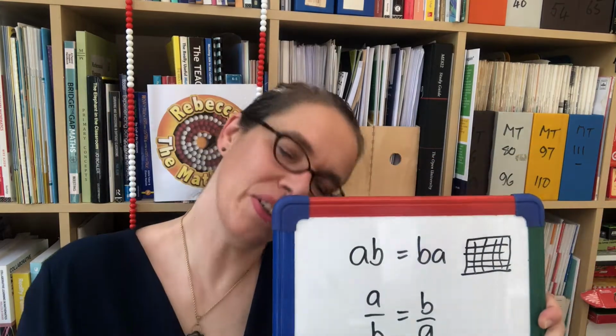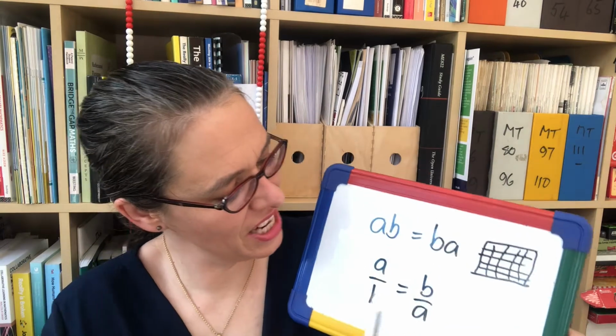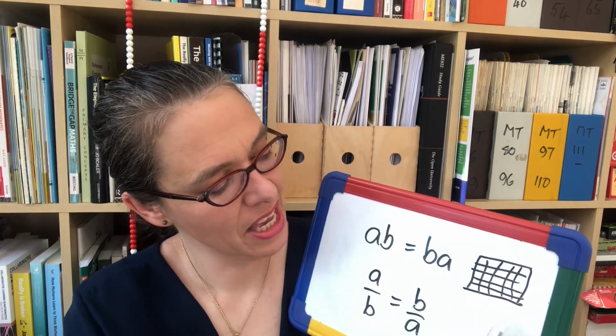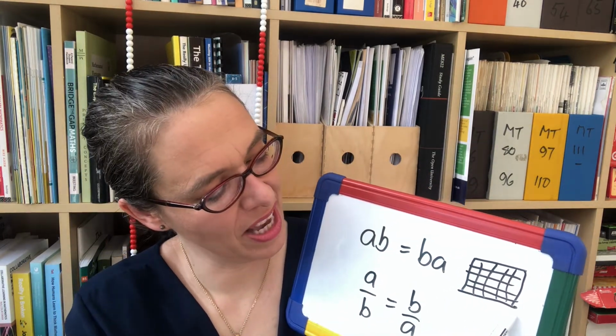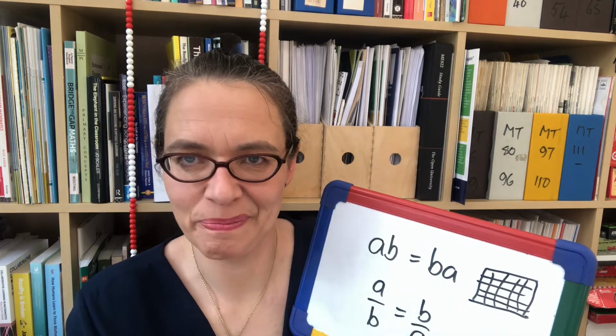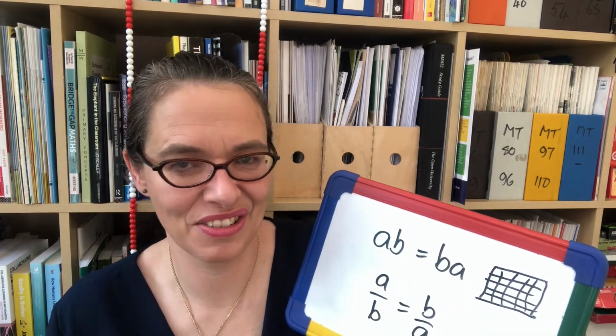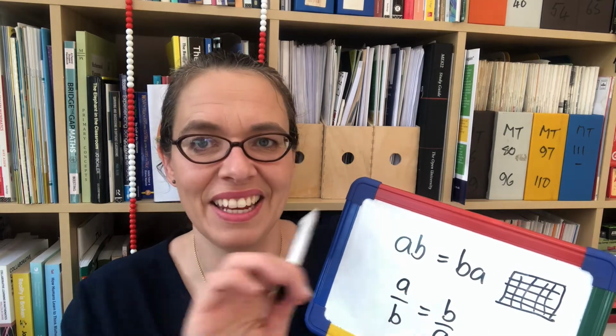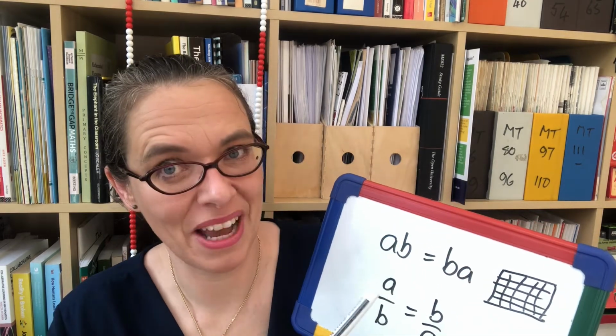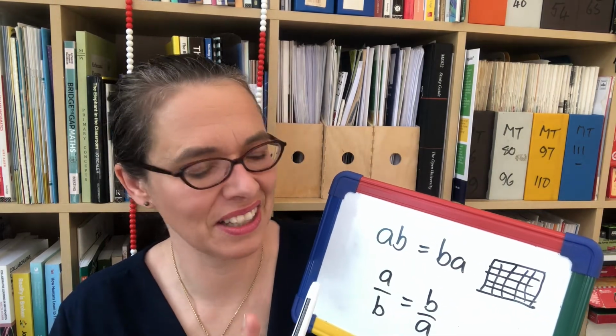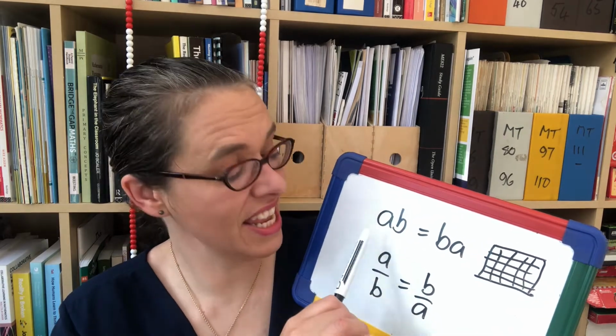It's the, well, I looked at it this way rule of multiplication. A rows of B are always going to give the same number of squares as B rows of A, because it's the same rectangle just turned round. And here's a link to a video that explains more about that if that's just confused you a little. So multiplication is commutative,